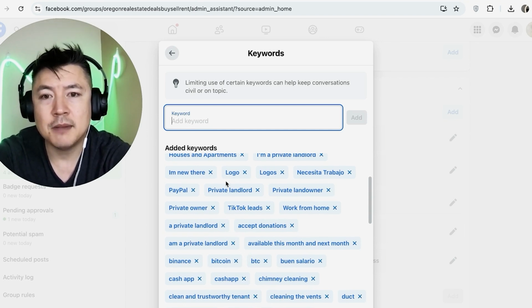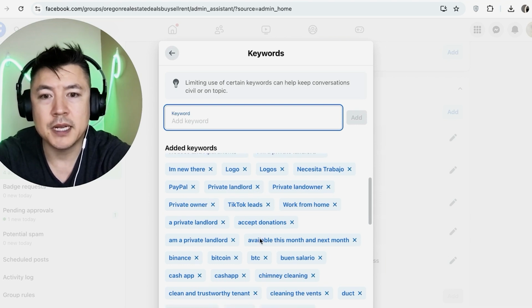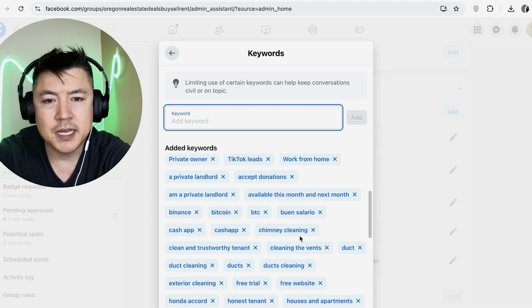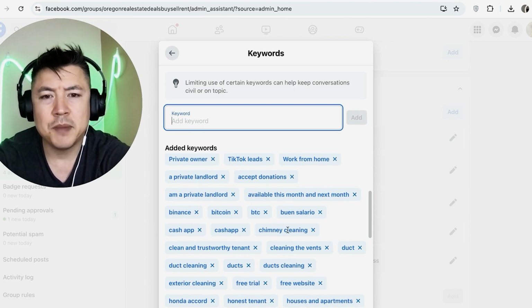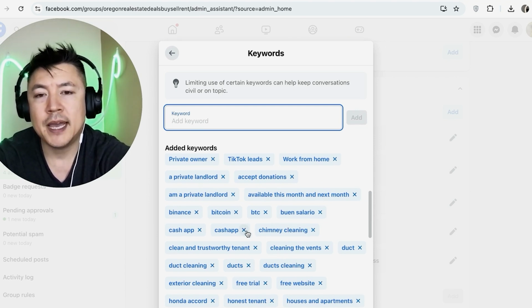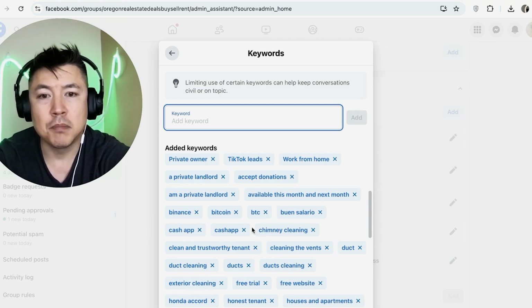So that way, if someone types this into their group, it's automatically going to be declined. Now I realize that something like chimney cleaning could possibly be somebody real. However, the problem is that I get so many spam posts about chimney cleaning that are just scams. So it's worth it for me to go ahead and use the Facebook admin assist to block anything that is